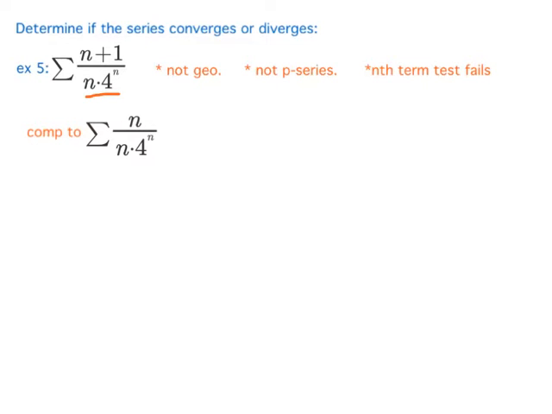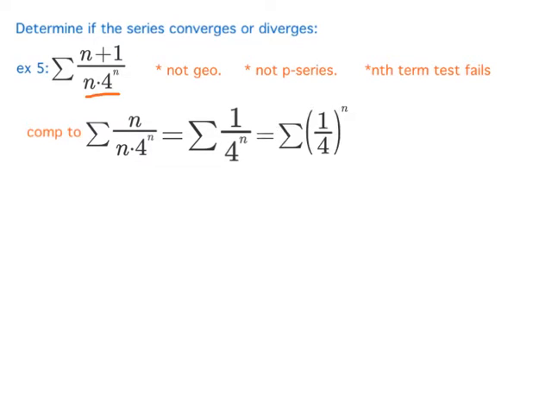Okay, this would be my key term over the key term. The key term from the numerator is n, and I can separate that from the plus 1 because they're being added, but because of the product in the denominator, that is one single term, n times 4 to the n. If I simplify this, I realize that this is really the sum of 1 over 4 to the n, because now that I just have an n in my numerator, my n's can divide out,